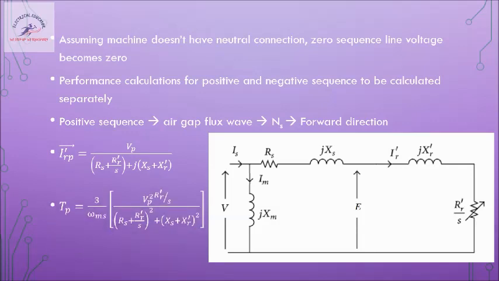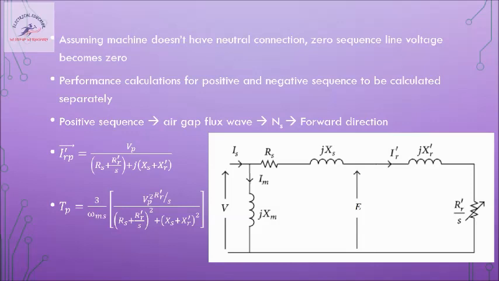So if we know the current equation, it is possible to find out the torque. So this is the positive sequence torque, or torque due to the positive sequence rotor current. Okay, so observe the changes, compare with the equations which we have seen in the previous video. This is a small exercise I am leaving to the viewers. These equations we have studied already in induction motors in electrical machines. How to derive these equations from the equivalent circuit is explained in the previous video.